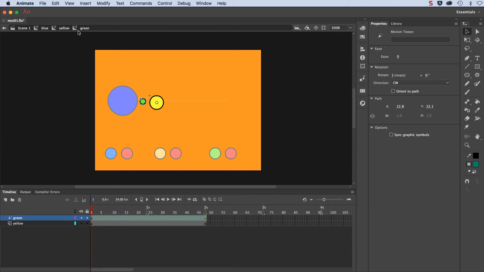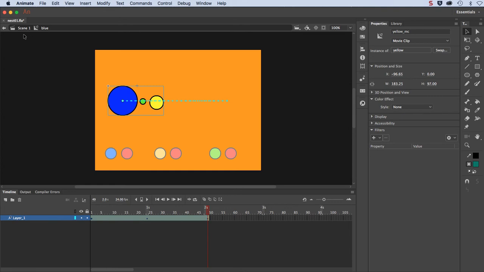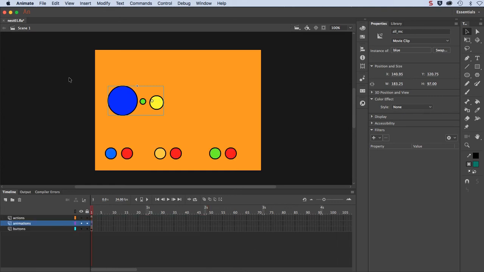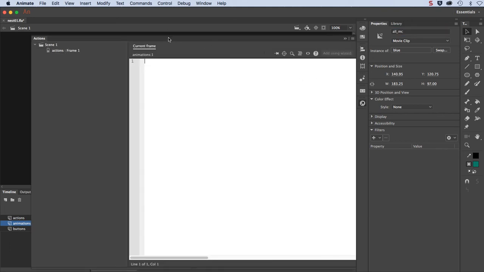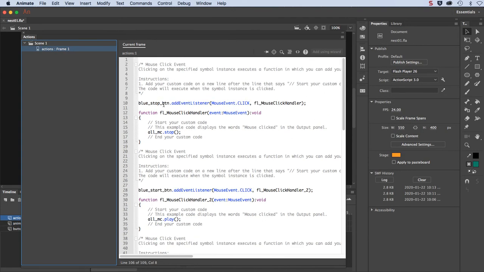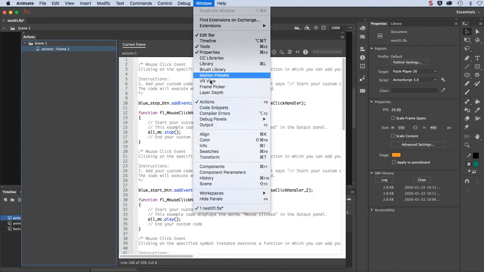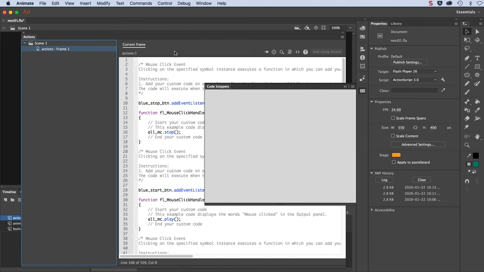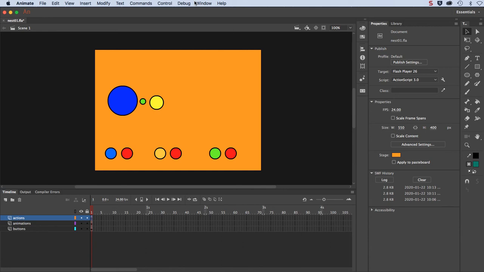So if I go back up a layer here at a time, you can see the various timelines. And on scene 1, we have our movie clip. Again, instance name all_MC. So let me just show you the code now. And I'll just highlight frame 1. And each button I used the code snippets. I'll actually give you an example here. I'll close this. So let's go to code snippets,